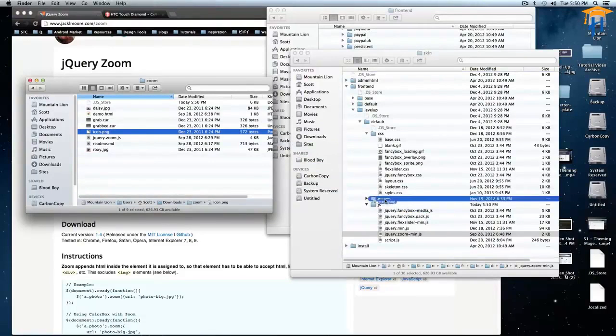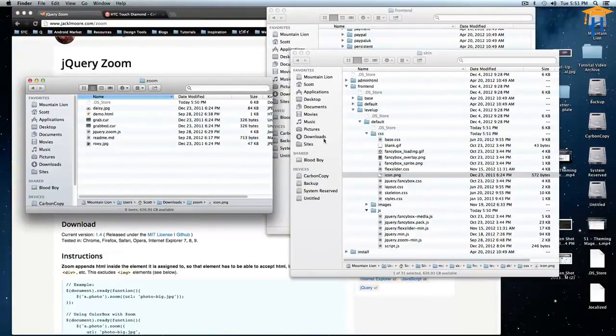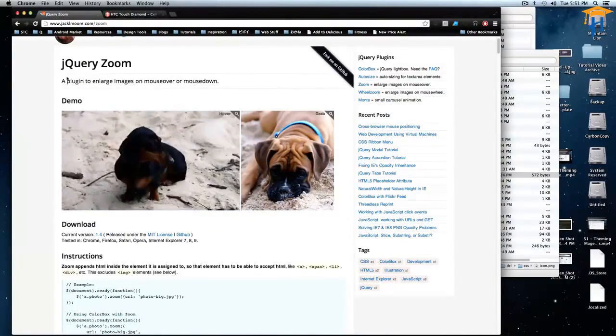like that. I'm going to throw this icon in the CSS folder for now, and that should be good. We shouldn't have to do anything else than that. In fact, I'm going to fix this icon path later, so I'm just not going to worry about it. So for this jQuery Zoom plugin, all we really have to do is give it an element to zoom, and it's going to be finding the full-sized image, and it's going to take care of the resizing and everything